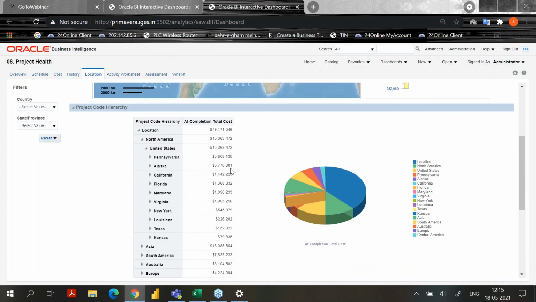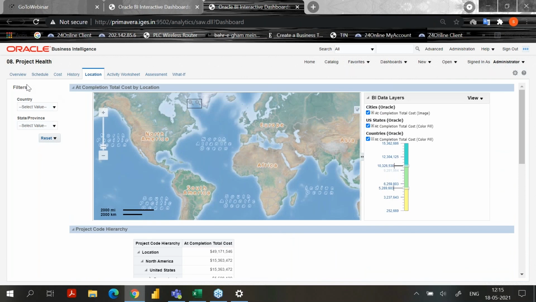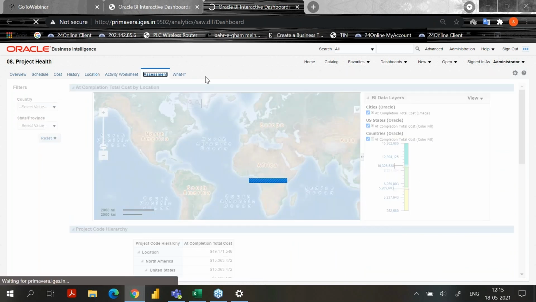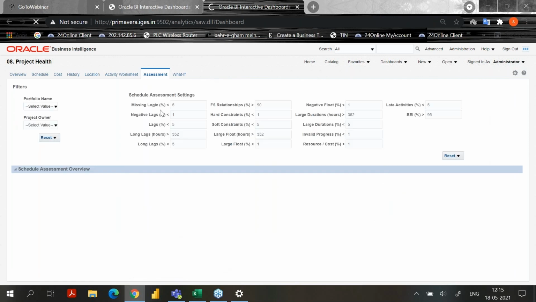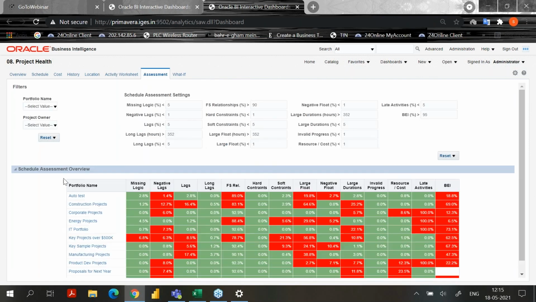So this map feature also comes with P6 analytics, and there is an assessment part. You can see this assessment. This is the portfolio name, and it will change all the schedule assessment settings like missing logic, negative lags, long lags, relationships. If you change this, it will change.